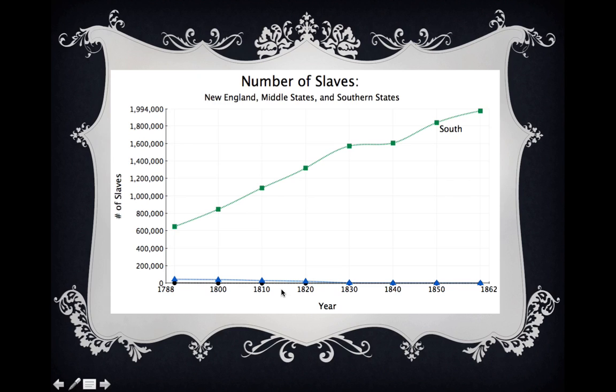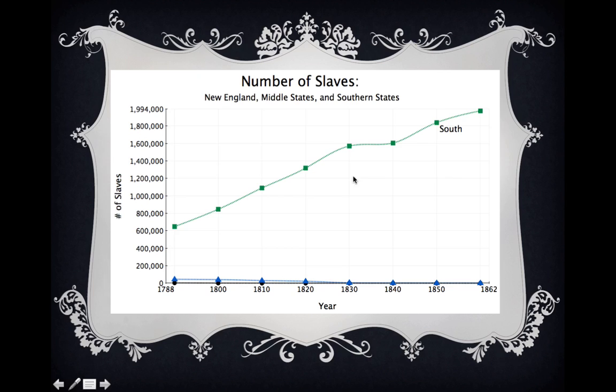Whereas if we talk about New England and the Middle States, we see that it's becoming less and less important over time. Particularly in New England, it becomes less and less important because there were emancipation laws that hit during this time period where they basically outlawed slavery, and slaves that were already in slavery they gradually emancipated. So they would have to reach a certain age. If you were an 18-year-old slave in New England, you would eventually be set free at, let's say, the age of 25, and then you would be given your freedom. These were gradual emancipation schemes that occurred in the New England and the Middle colonies.